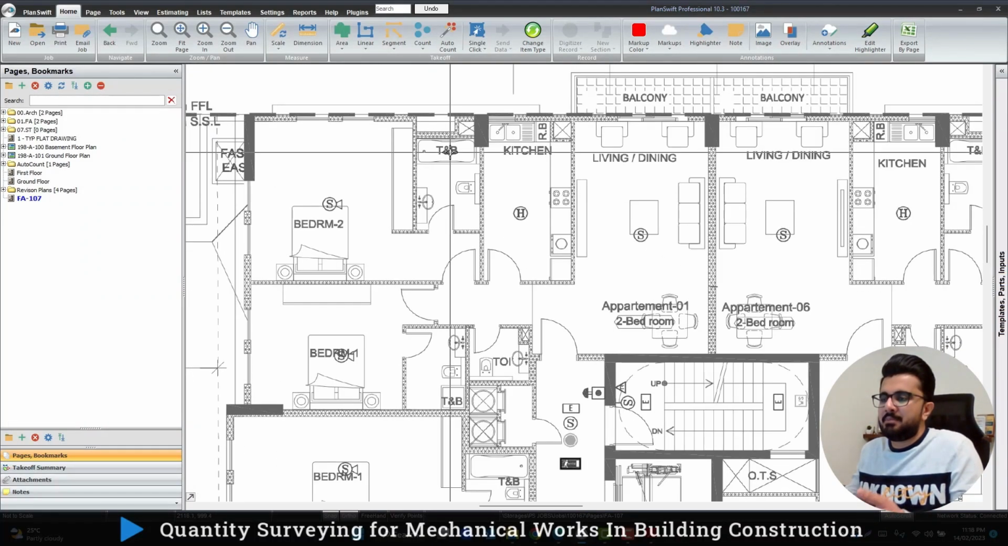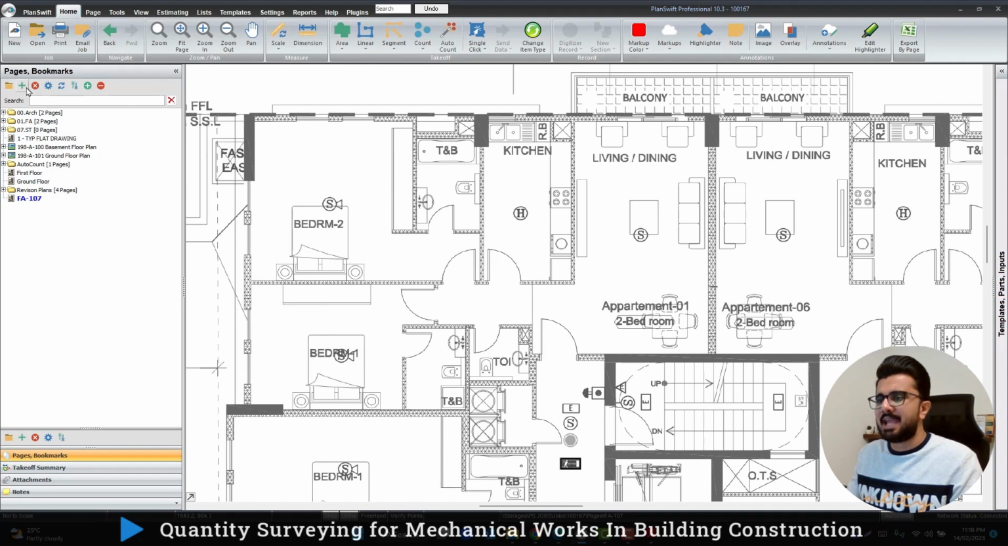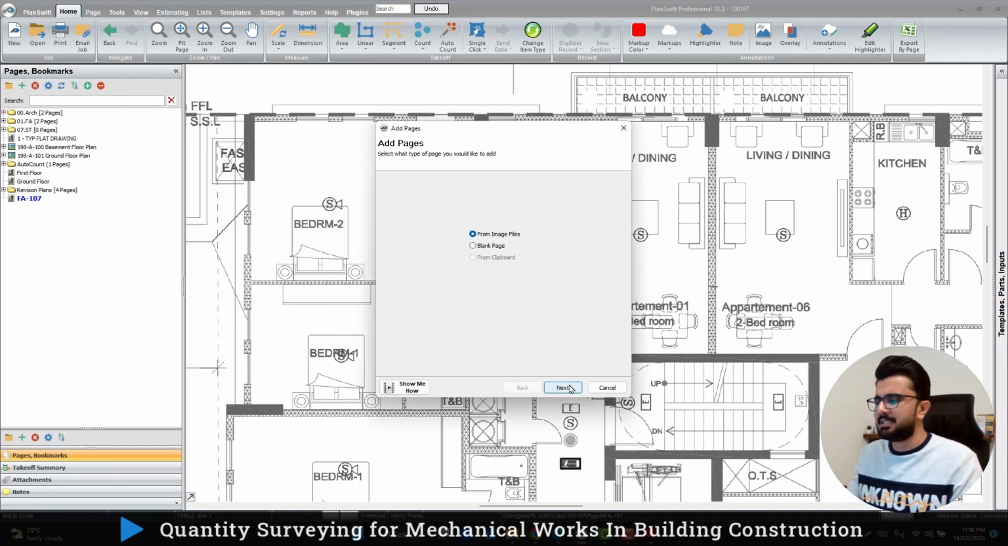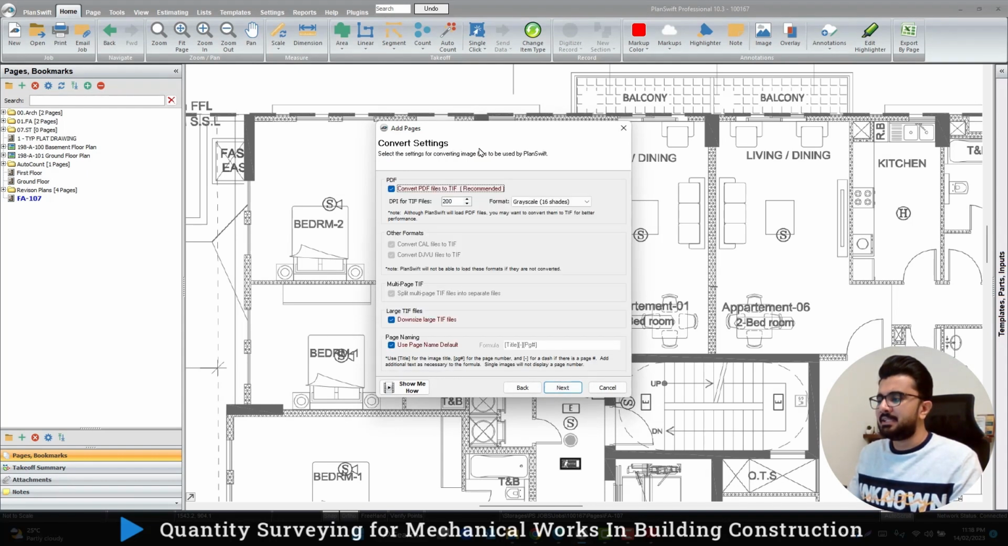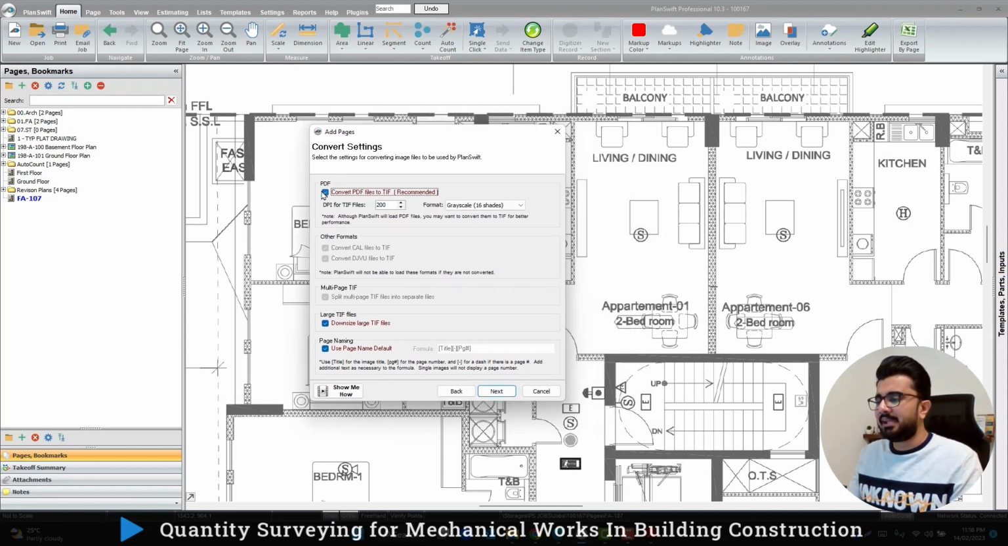But maybe you don't want this format. You really want your colors back. So how to deal with the PDF file? This is what we're going to talk about now. So let's add the drawing from here, Add Pages, and add the drawing. You can see here by the logo, it's a PDF file that I'm going to upload now, PDF file. Next, and here, software